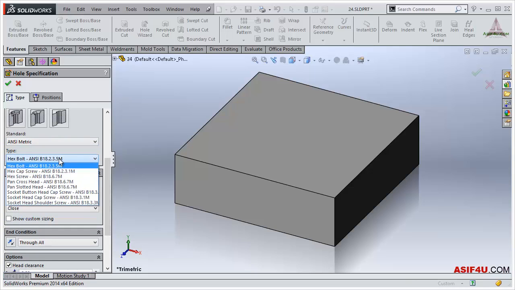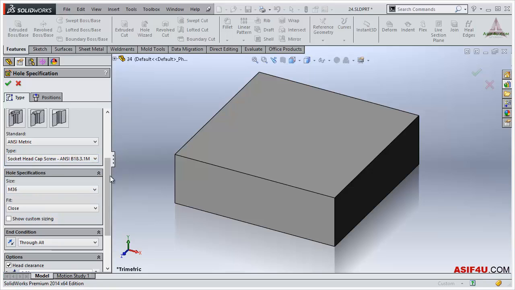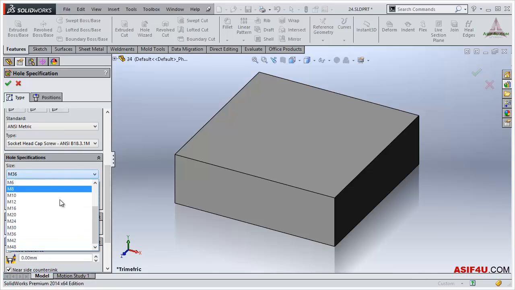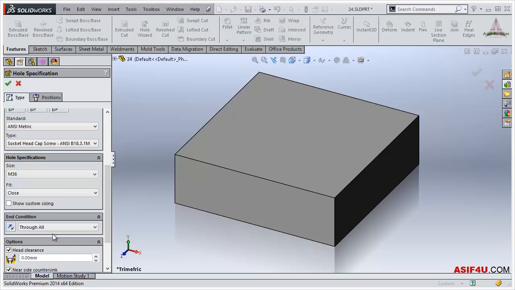in the NC metric there are lots of types of holes available here. If I go to socket head cap screw, for this socket head cap screw I have to mention the size. If I put M36, for the fit there are close, normal, loose. If I put close, and if I check this show custom sizes,